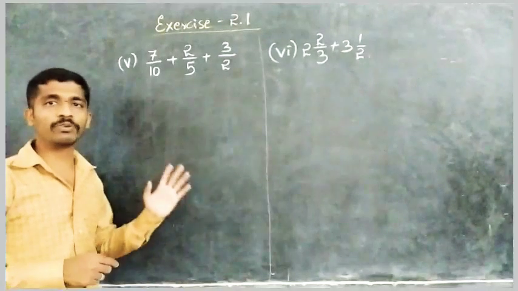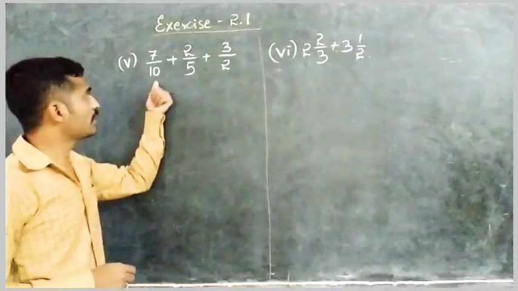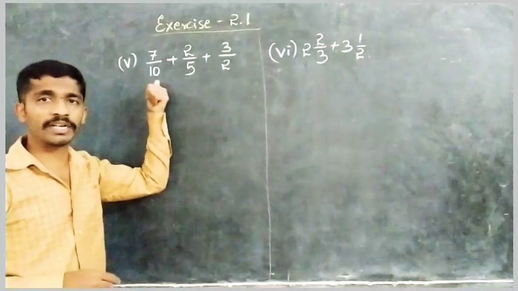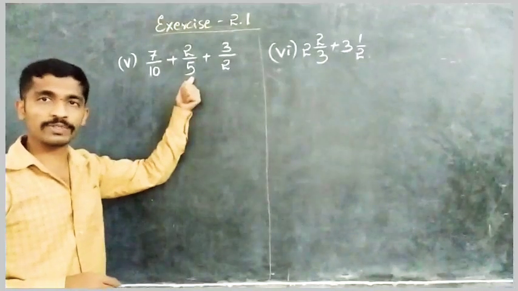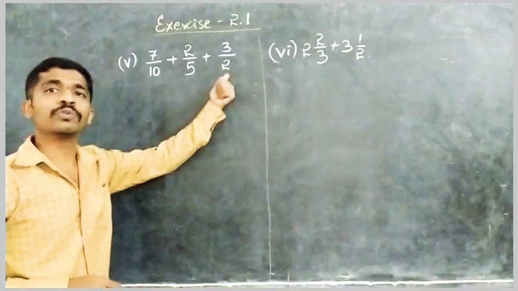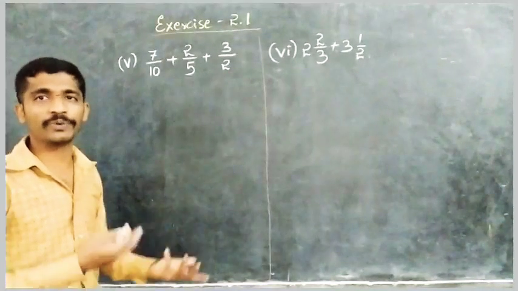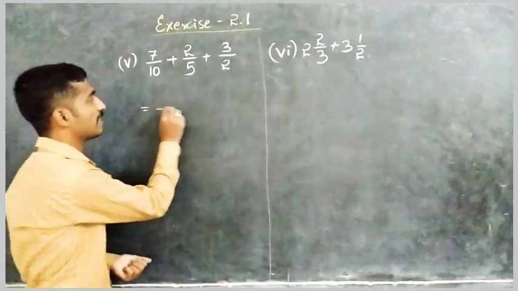So now you have to take the LCM of all 3 numbers. 10, which is the bigger number? 10. So first you start the table of 10. 10 ones are 10. So 10 is there in the 5 table? Yes. 5 2s are there and 2 5s are there. So it means 10 is our LCM. Easily you can get it by using the tables. So 10 is our LCM.